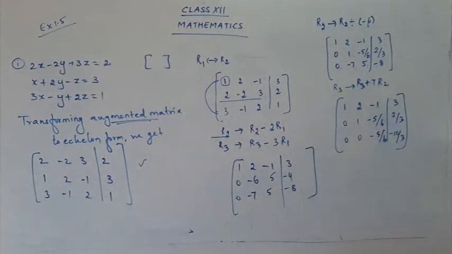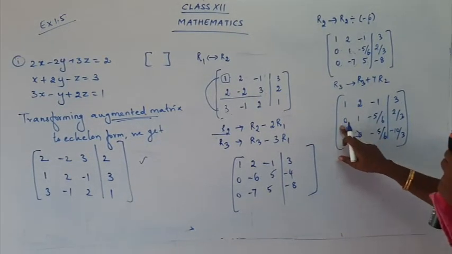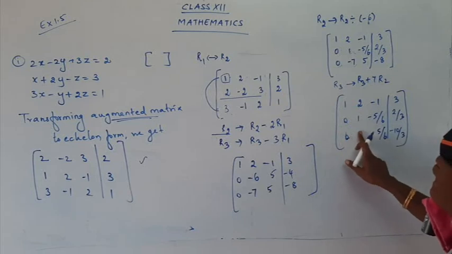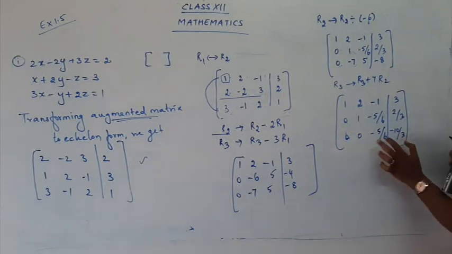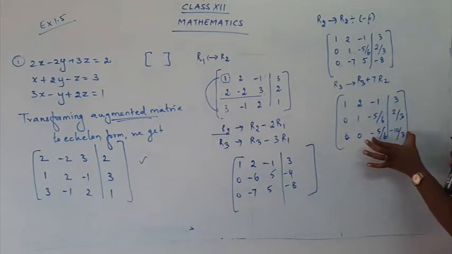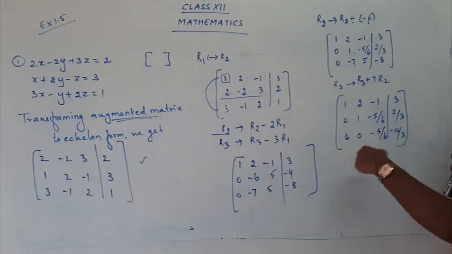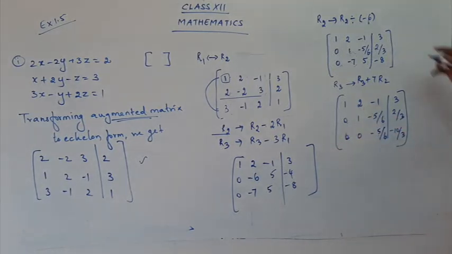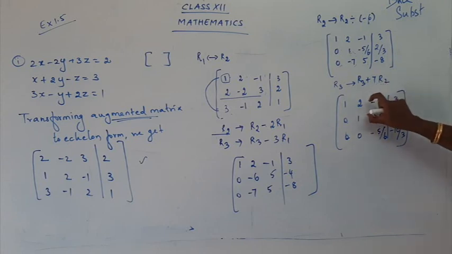We have just brought it to echelon form. Just try to bring it to this form, okay? 0, 0, 0. Because here x part is 0, y part is 0 and only z is there. So from the last row I get the value for z. And now we are going to follow the back substitution method. What method are we going to follow? Back substitution, because we are going from the last to the first. I am not going to start from the first value. I am going to start from the last value. So this method is called the back substitution method.